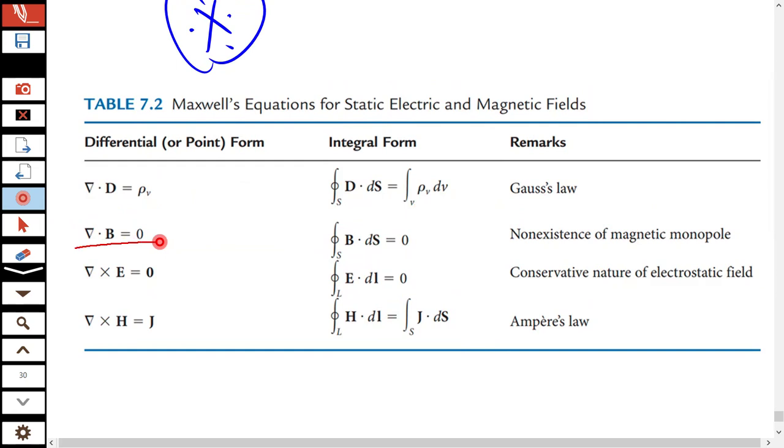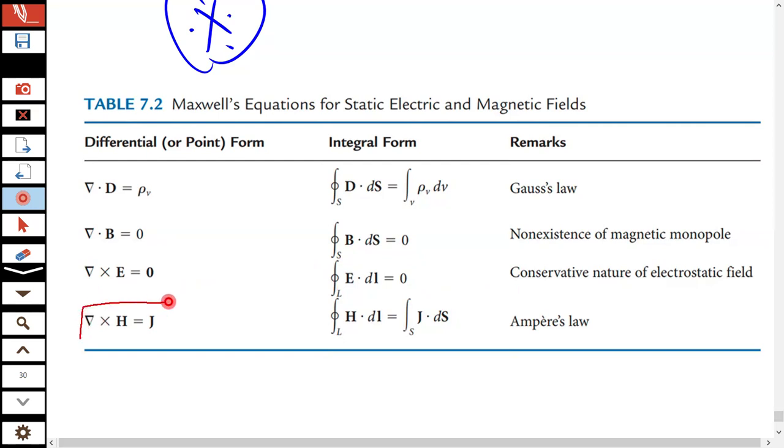And the second one is Gauss law for magnetic fields, which is divergence of flux density is 0, or closed surface integration B dot dS equal to 0. This also says non-existence of magnetic monopoles. And we have already discussed that work done around a closed path is 0, where E vector is the conservative electric field. So this conservative nature of electric field can be represented in integral equation as closed line integration E dot dl equal to 0. And the same can be represented in differential form as del cross E equal to 0.